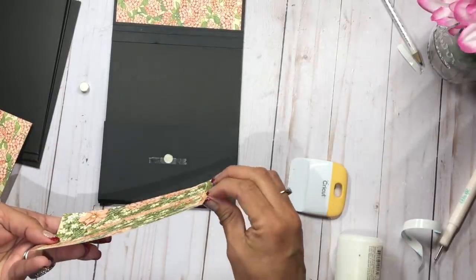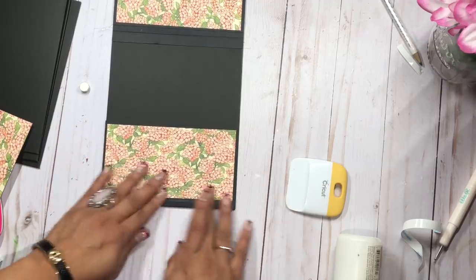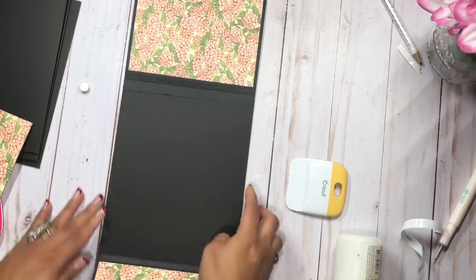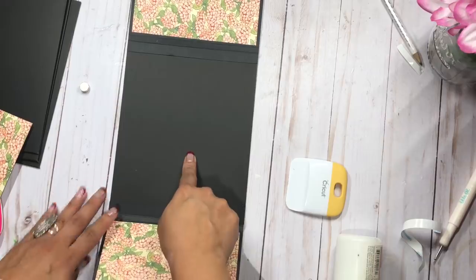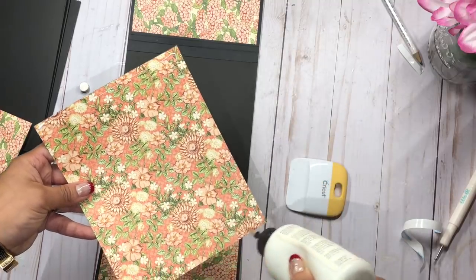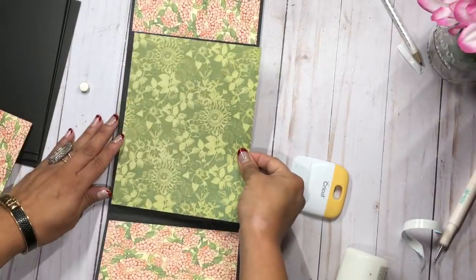There we go. Just like that. And the reason why I'm adding a 1/4 inch gusset here is because we're gonna build a waterfall on this page. Now before I do that, I'm going to cover this black cardstock with design paper. This piece measures 5 3/4 by 7 1/4, and I'm just gonna add my glue and place this down here,